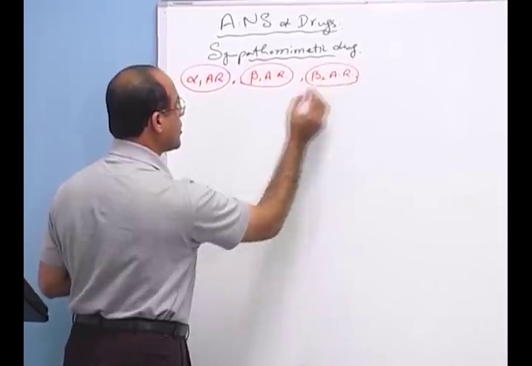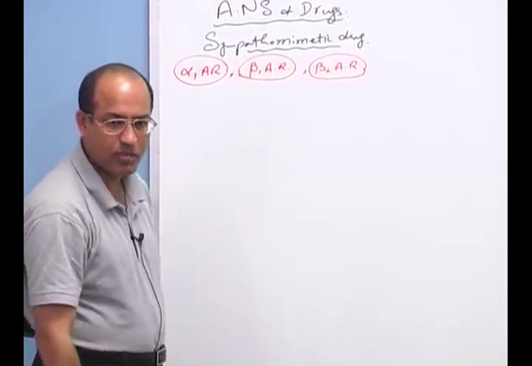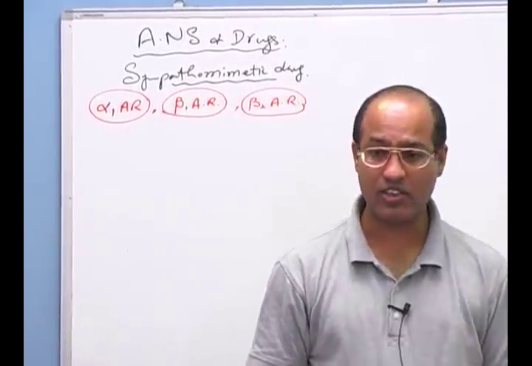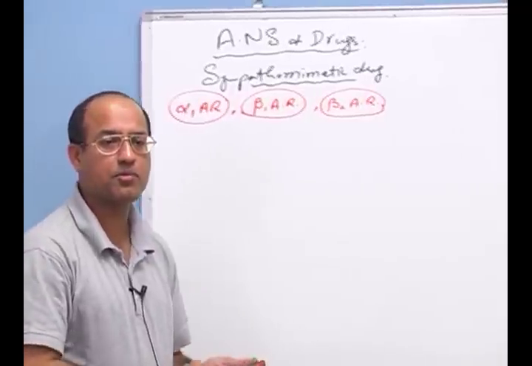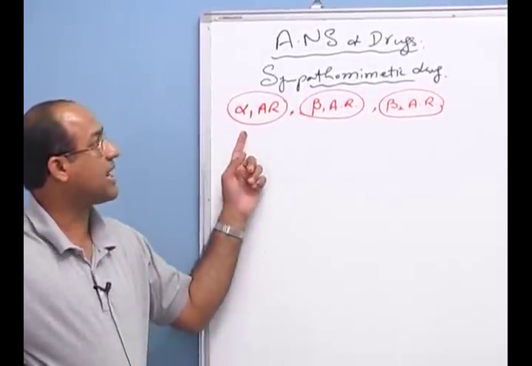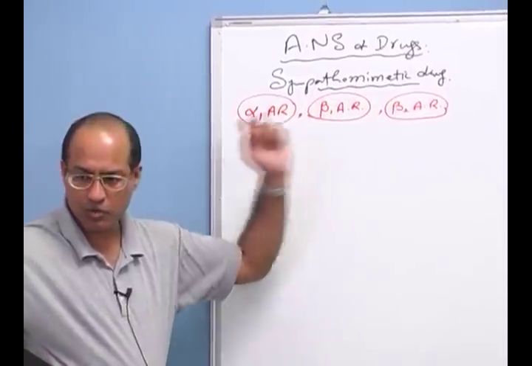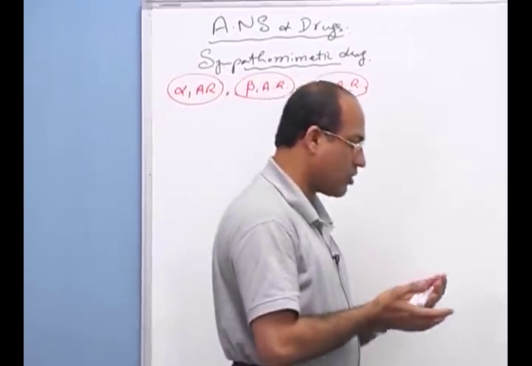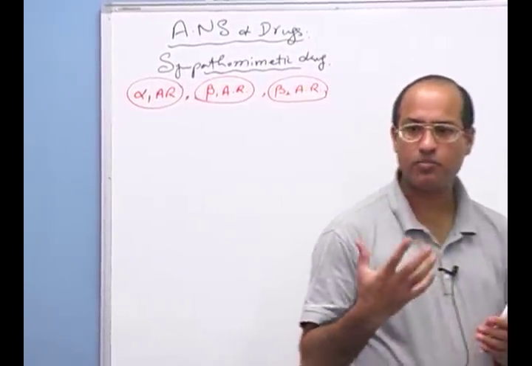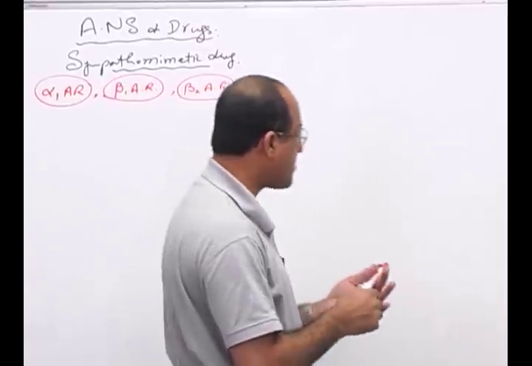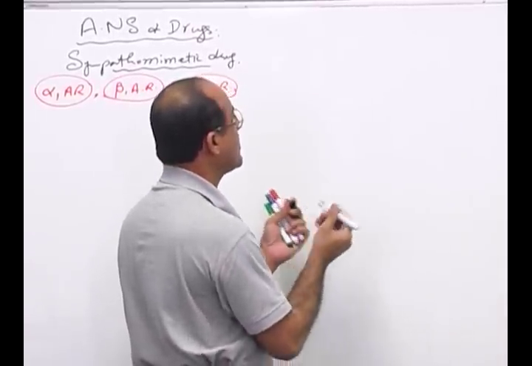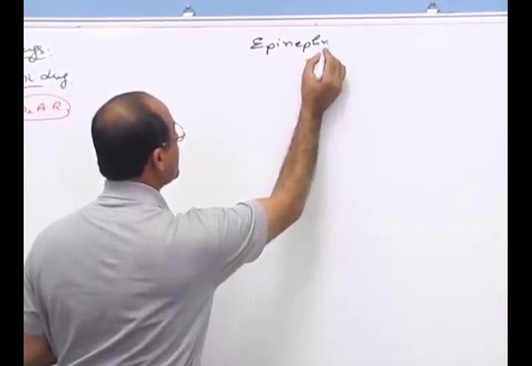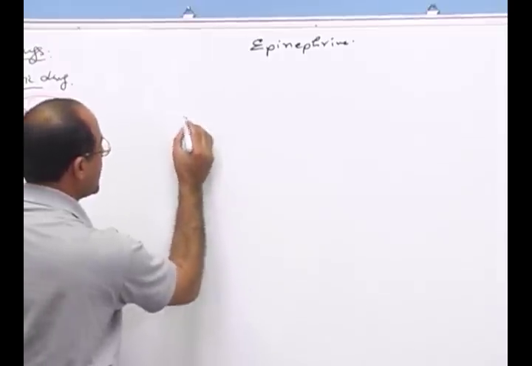Right now, I'm not concentrating on alpha-2 adrenergic receptors, because when we talk about physiology and pharmacology of the autonomic nervous system, the main actions by different types of ligands on the receptor are alpha-1 actions, beta-1 actions and beta-2 actions. Is that clear? Now, before I really go into detail, we'll talk about a prototype molecule which has sympathomimetic activity. Let's suppose we talk about epinephrine. The basic structure of epinephrine is